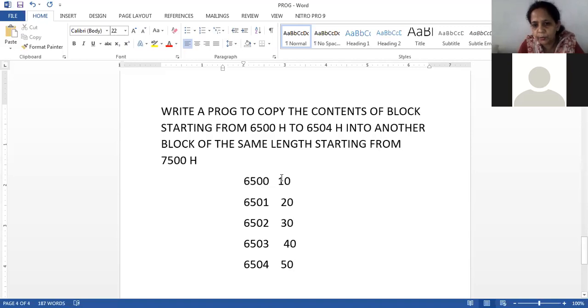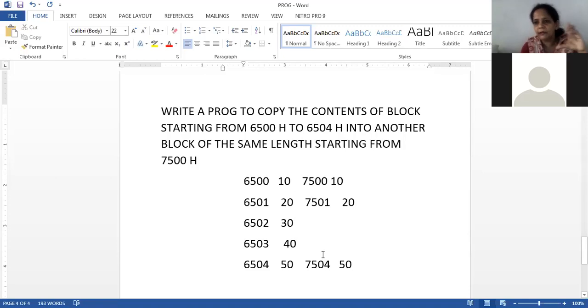The same value has to be copied into 7500. Earlier it might be anything. Now after execution of the program, 7500 should become 10. The contents of 7501 should become 20. Correct? Contents of 7502 should become 30. 7503 should become 40. And 7504 content should become 50. That is the aim of your program.